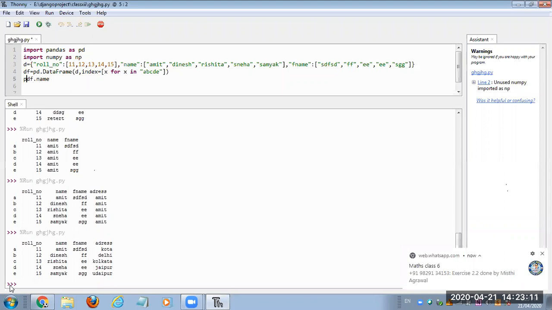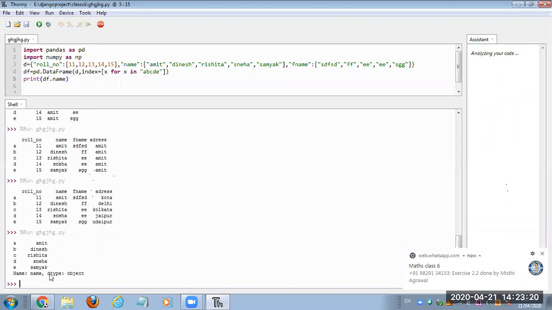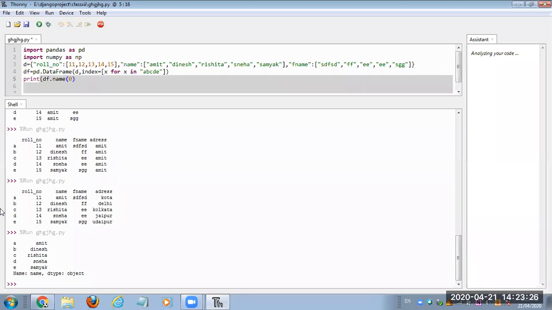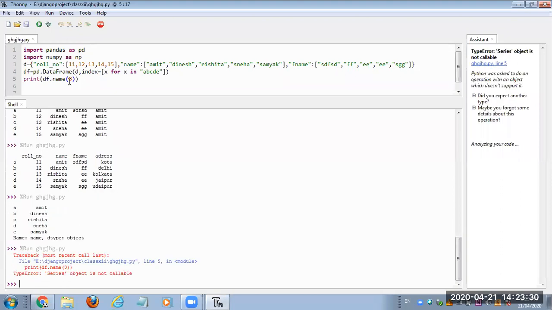Let's see this. Print df dot name. It will simply display the name column. Now suppose I display df dot name 0 with small brackets. Let's check this. It will give us an error.